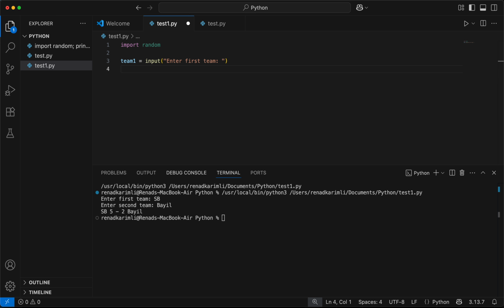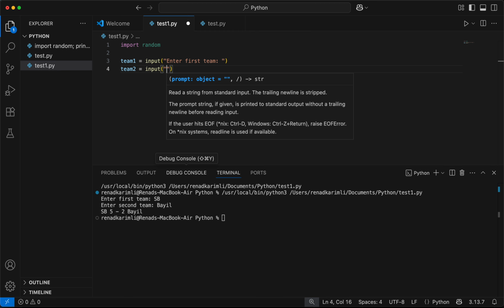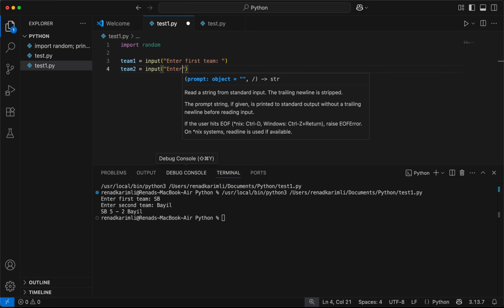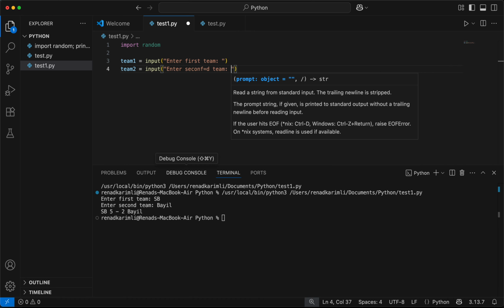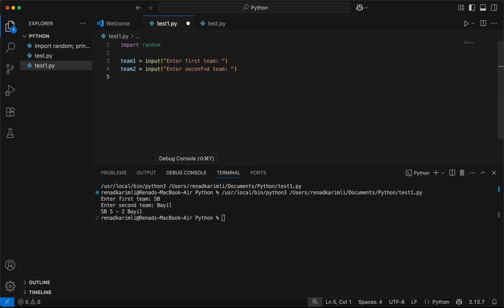And then we would like to create team2. So we write team2 equals input enter second team. And then next we have to do is just print